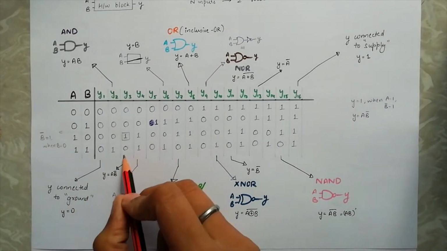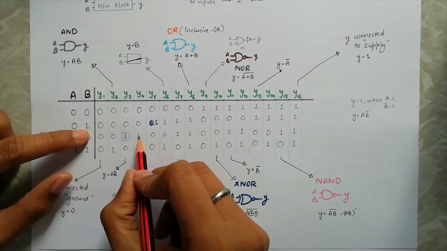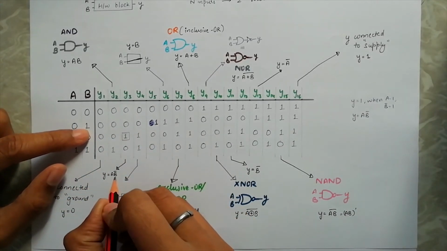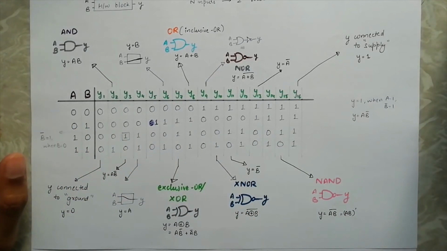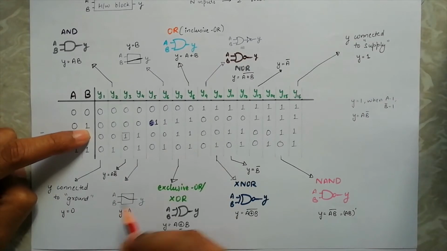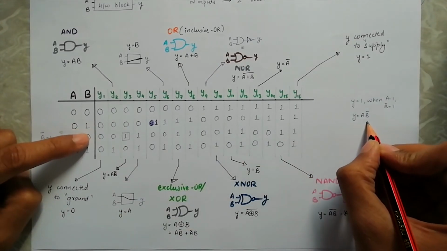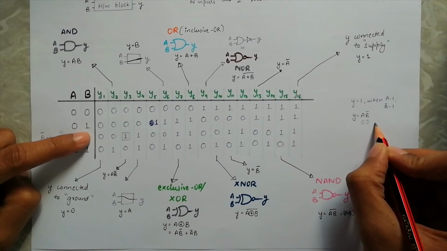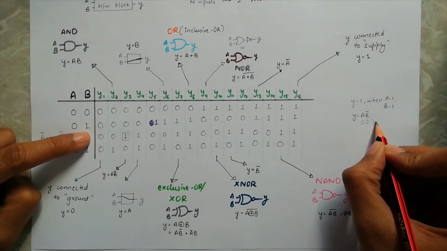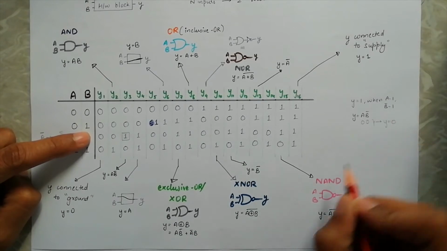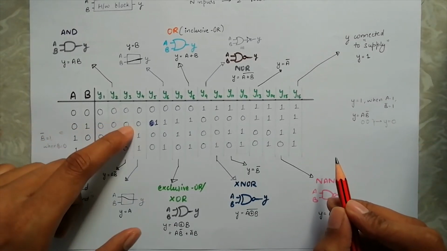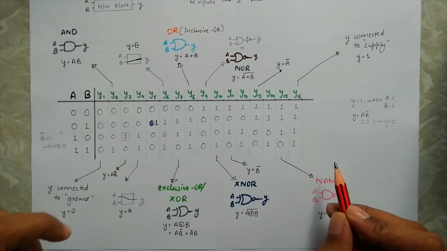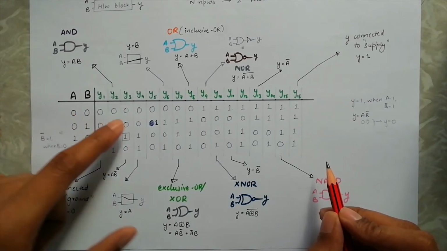We can test if this equation is actually equal to the truth table by putting in the values. Consider the case A 0 and B 1. B is 1, so B bar is 0, A is 0. Now for AND operation to be equal to 1, both the variables must be 1, which is not the case. So here we get y equal to 0. In the table also we have y equal to 0. You can similarly check for the other cases also.